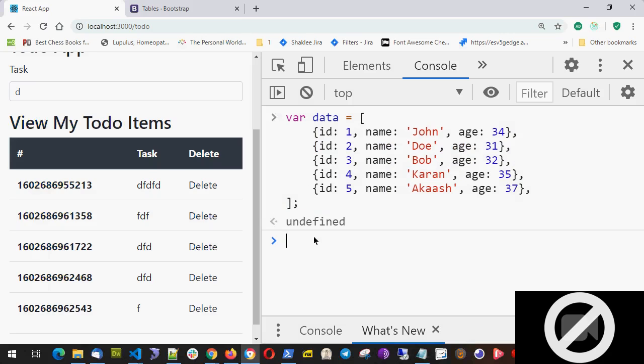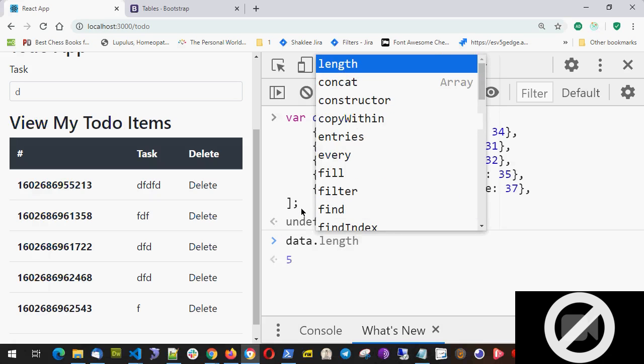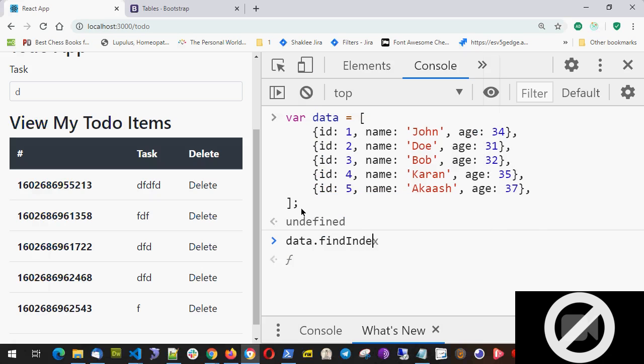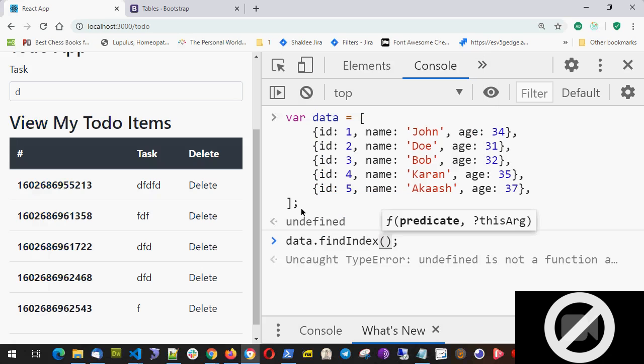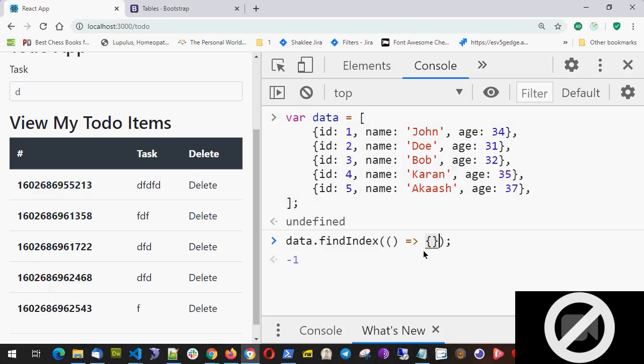Now, there is one concept of arrays: I can use a method called findIndex. What findIndex does is give me the index. This is 0, this is 1, this is 2, this is 3, this is 4. Though the ID is 1, the index of the first one is 0. I want to know the index of the first one or second one or third one in an array. So we have the findIndex method, and it takes an arrow function,